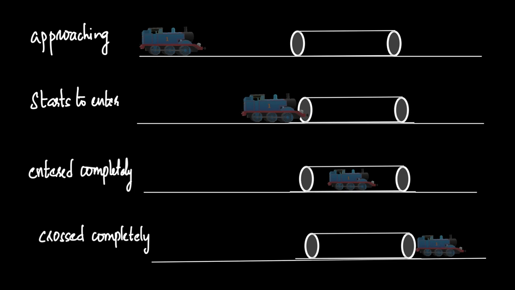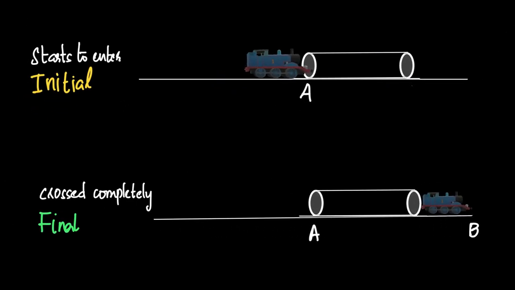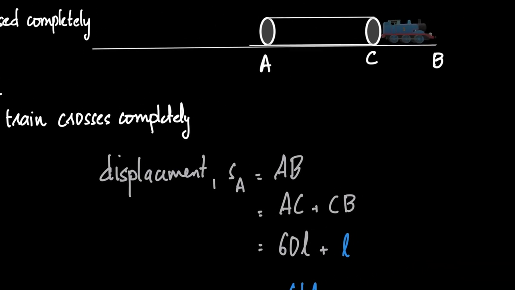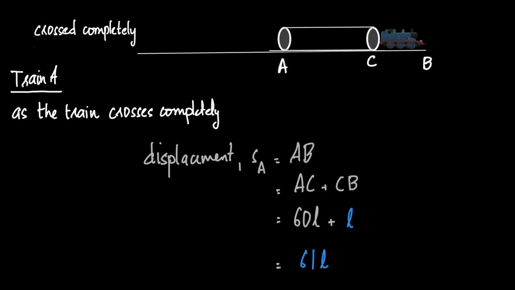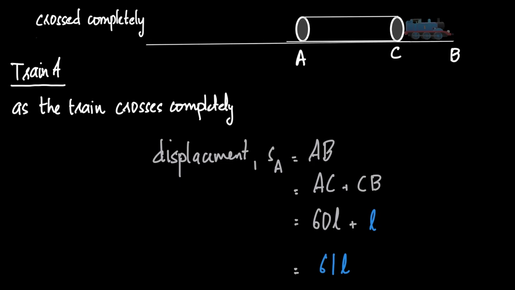Sorry. Okay, so if this visualization part is clear, we are here talking about only two sections of this. One is starting to enter and the other is crossing completely. So out of these four diagrams, we will focus on two, which are the train starts to enter and the train has crossed completely. Now, when the train has crossed completely,